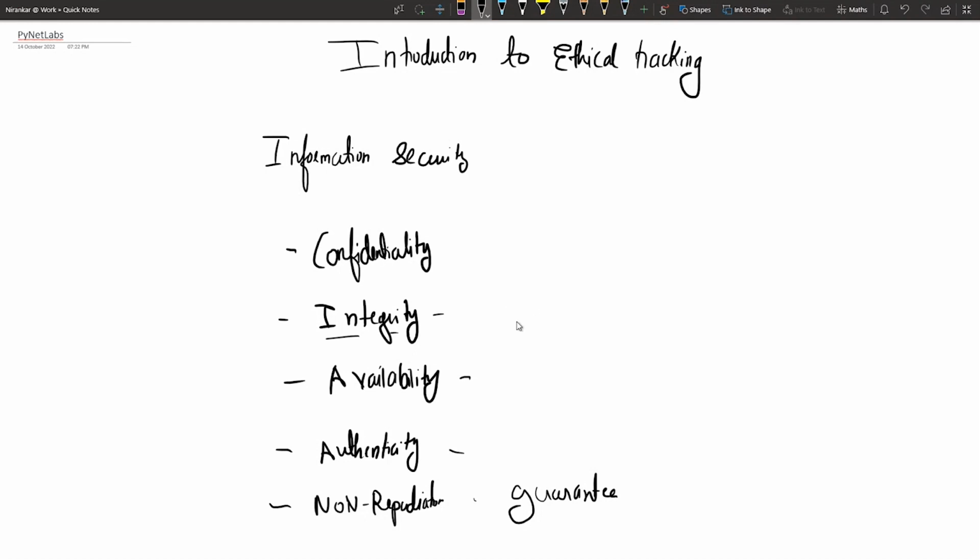In integrity, a person cannot modify the data. Let's say you create an app, and you don't want me as a user to change the information of this app, like the backend information that is required to be processed. That is integrity. Integrity is saving the data from being changed by an unauthorized user. Understand?